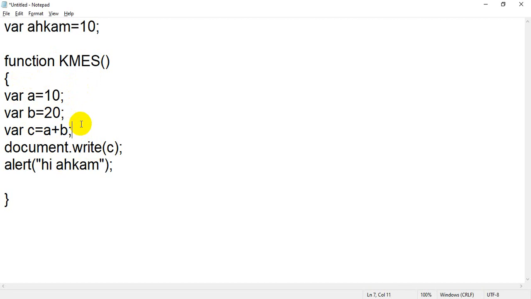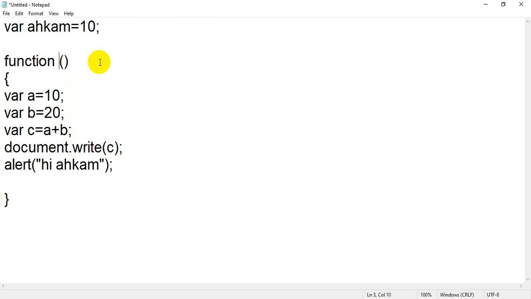And one very important thing before moving towards our slide. While you are going to create any user defined function, or assign a certain name to your user defined function, for example initially I gave account, so it is okay, then I changed to KMES, even that is okay, no problem.